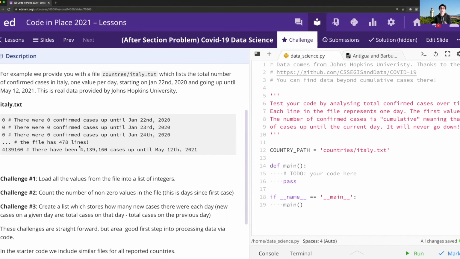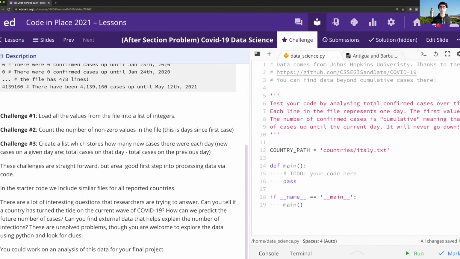So here's the deal though. I'm not going to work through these problems with you because they're not solved problems. There are many, many different ways of approaching them, many, many different ways of extracting meaning from them. And really what we want you to do is think critically about what questions you would like to answer from this data and how you can use your Python skills to answer those questions.